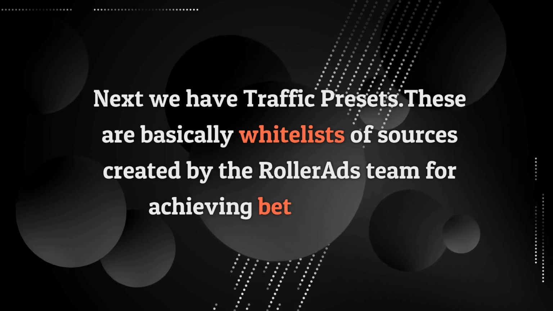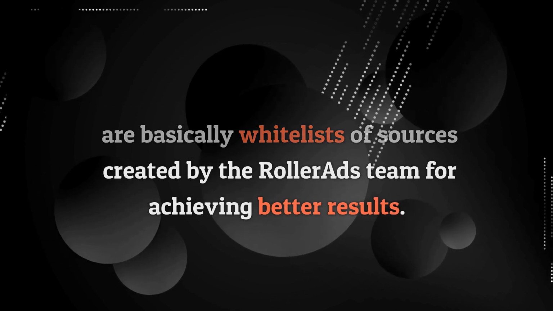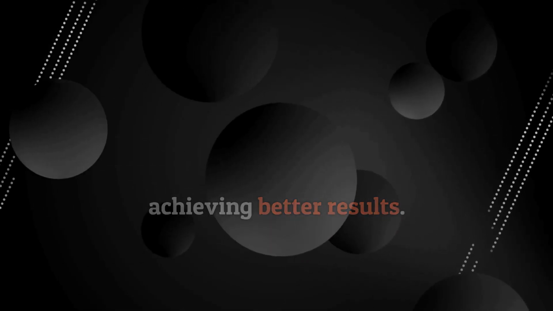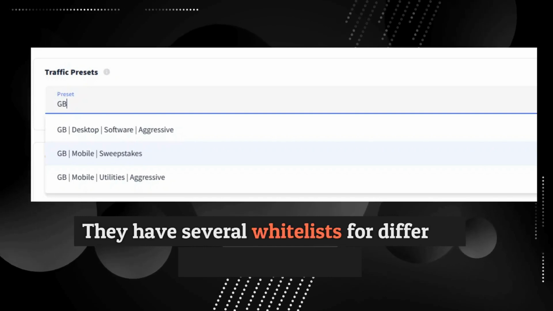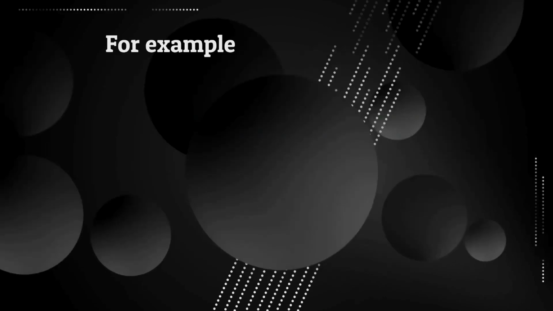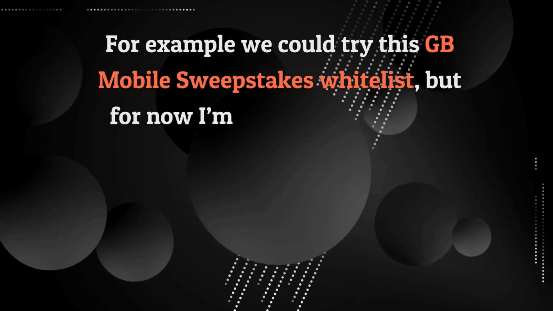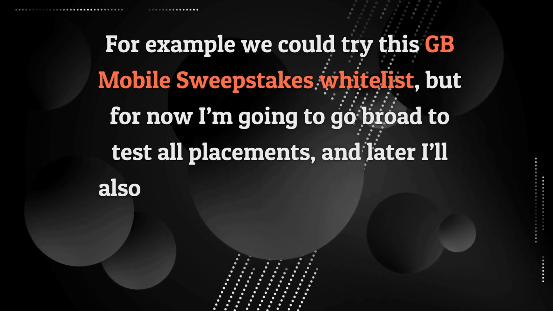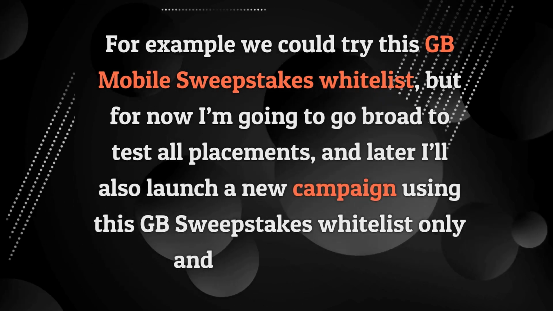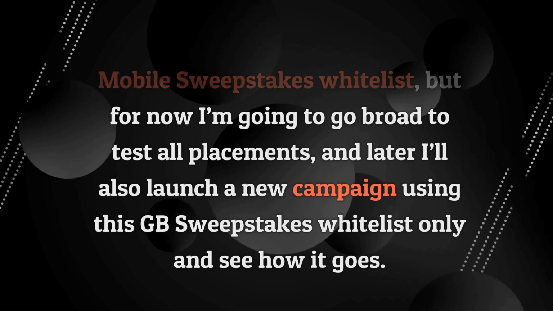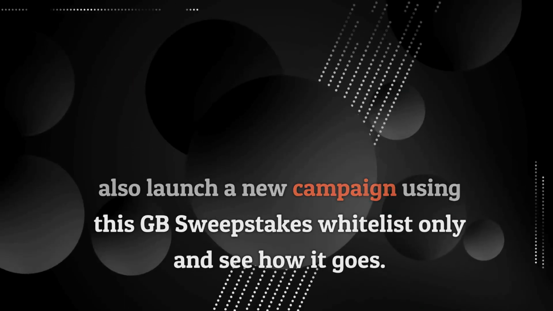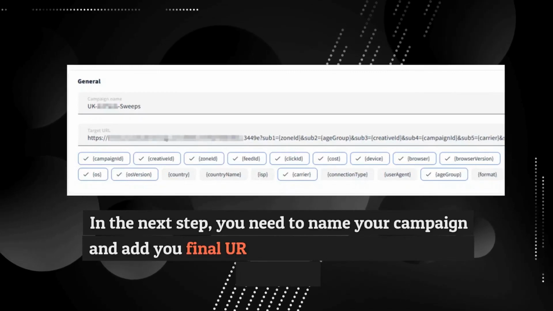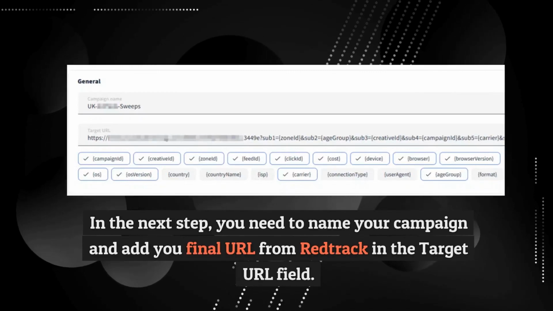These are basically whitelists of sources created by the RollerAds team for achieving better results. They have several whitelists for different geos and verticals. For example, we could try this GB Mobile Sweepstakes whitelist, but for now I'm going to go broad to test all placements, and later I'll also launch a new campaign using this GB Sweepstakes whitelist only, and see how it goes. In the next step, you need to name your campaign and add your final URL from RedTrack in the